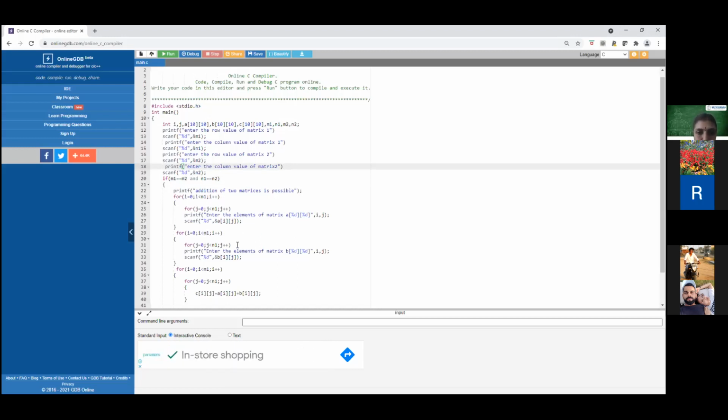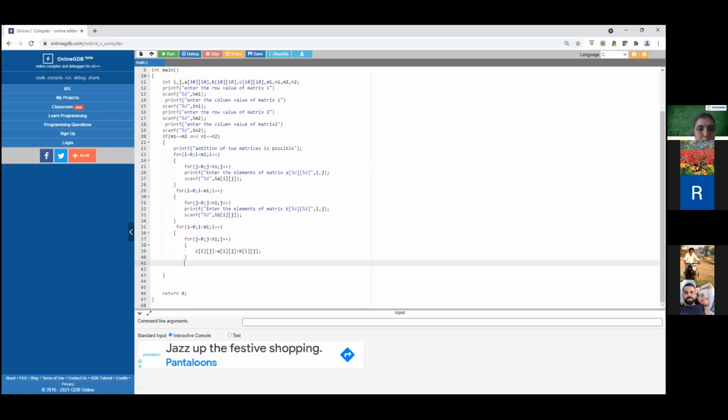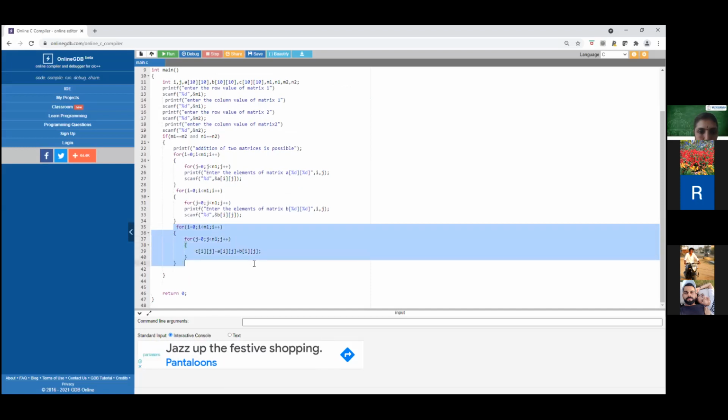Similarly, you go for reading the value of the B matrix. After that, you go for performing the addition of these matrices. After performing the addition, you need to read the value of which one? The two matrices again. Okay. So for i is equal to 0, i less than